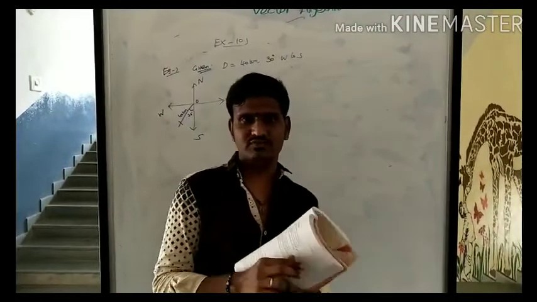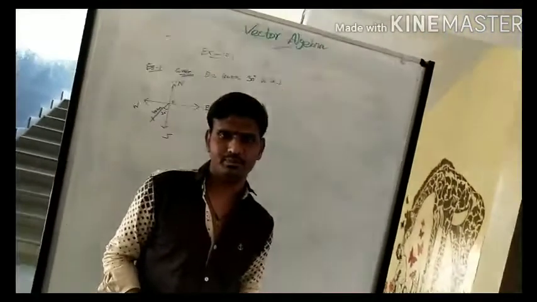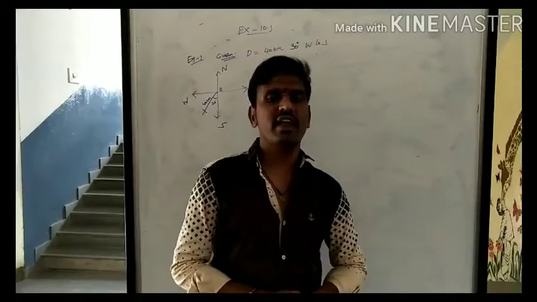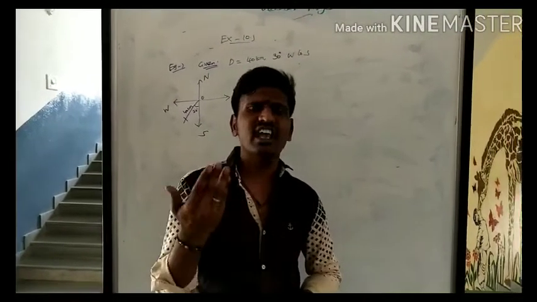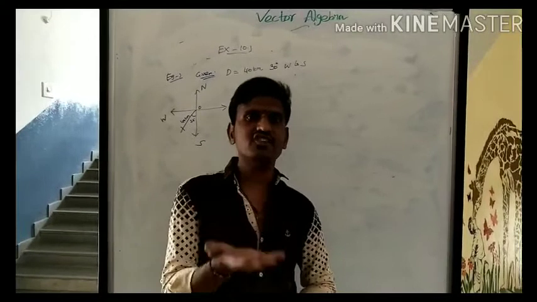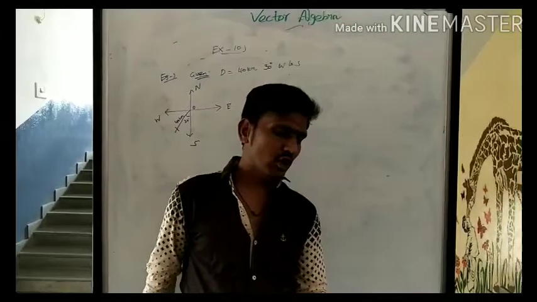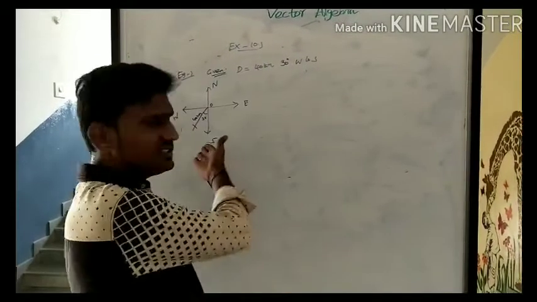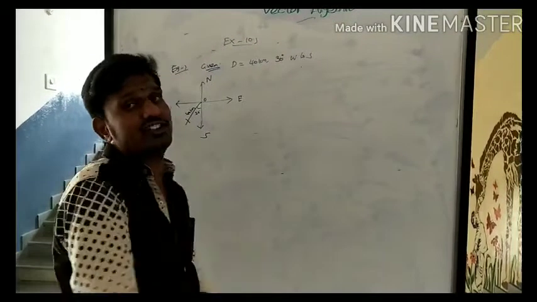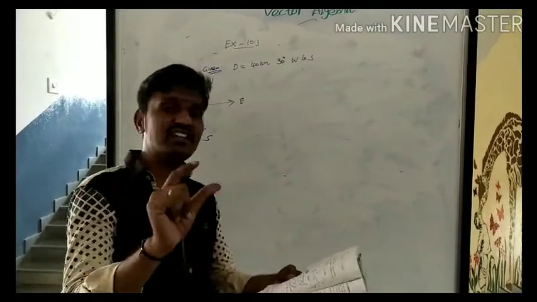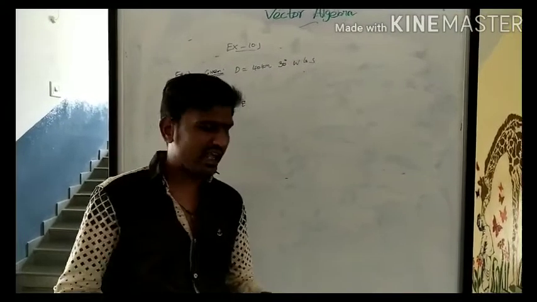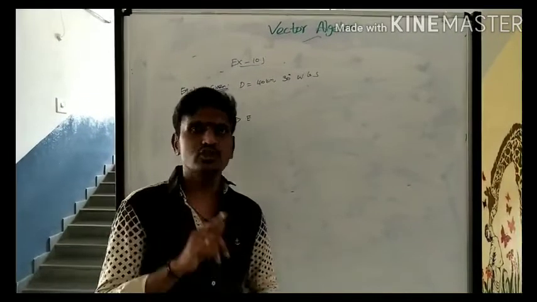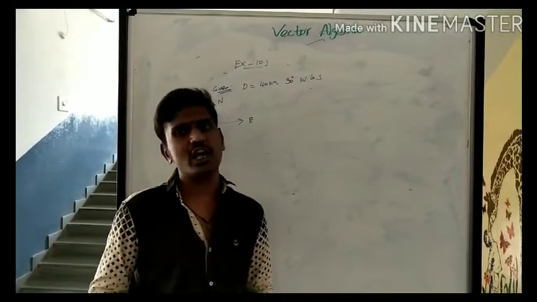So is this scalar or vector? This is a scalar. Why? Because this is mass, weight. Weight is always treated as scalar because it doesn't have any direction. It has magnitude only. And the second one, 2 meters north to west. 2 meter is the distance, having magnitude, and the direction is north to west. So this one is considered a vector quantity.